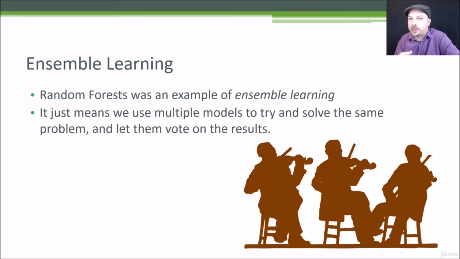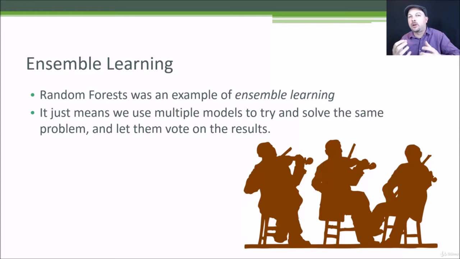So remember random forests. We had a bunch of decision trees that were using different subsamples of the input data and different sets of attributes that it would branch on, and they all voted on the final result when you were trying to classify something at the end. So that's an example of ensemble learning. Another example, when we were talking about k-means clustering, we had the idea of maybe using different k-means models with different initial random centroids and letting them all vote on the final result as well. Also an example of ensemble learning.